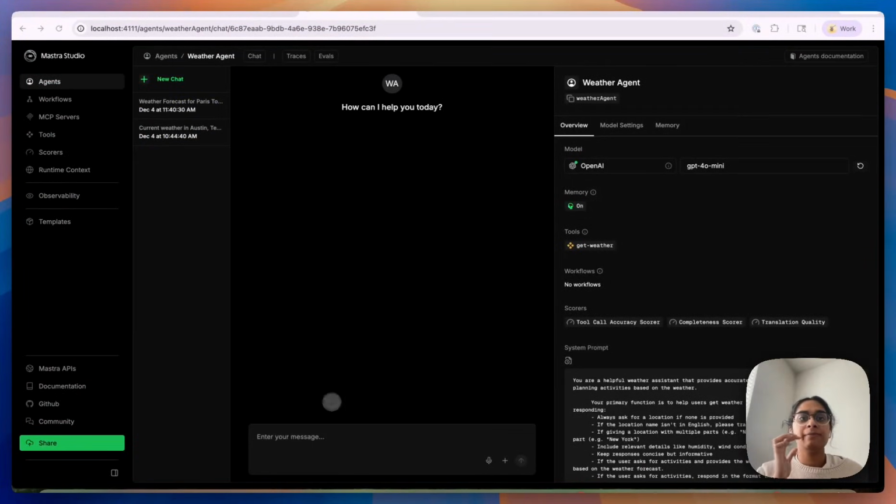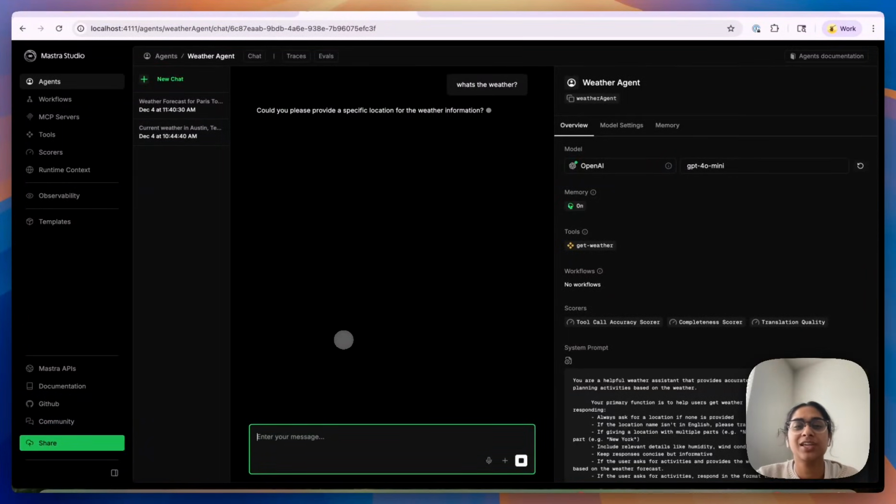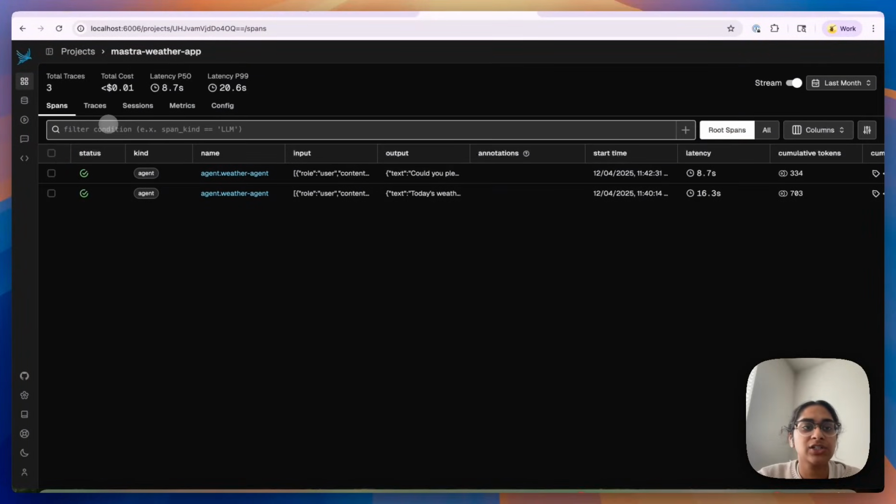So I have my Mastra instance up and running as well, and I can ask it a quick question like, what's the weather? I didn't specify a location, so okay, yeah, there we go. It asked me for a location. I can just say Austin, Texas, and then we can see what it does there. But while this is running, I can go through Phoenix again, refresh, click on this, and we can actually see that